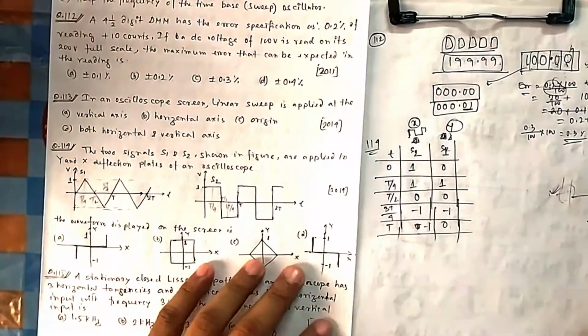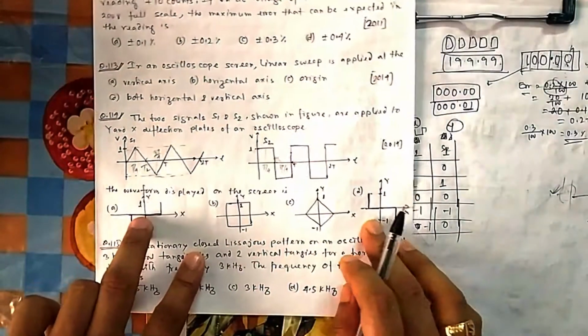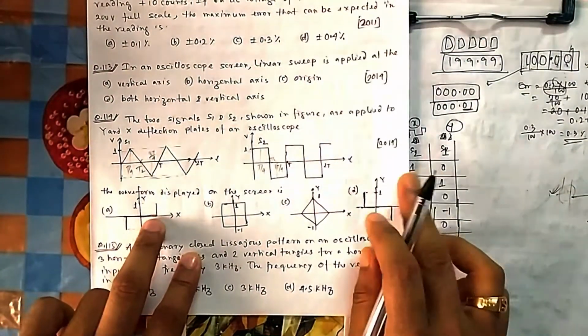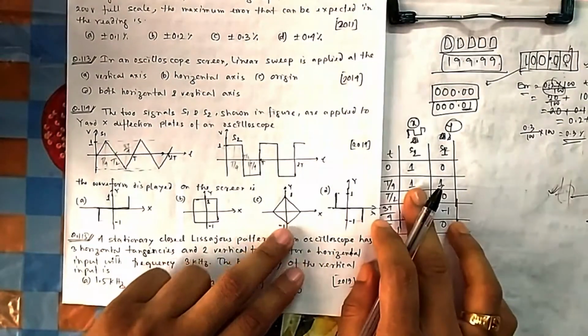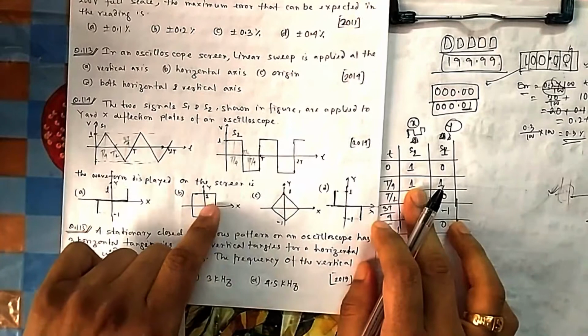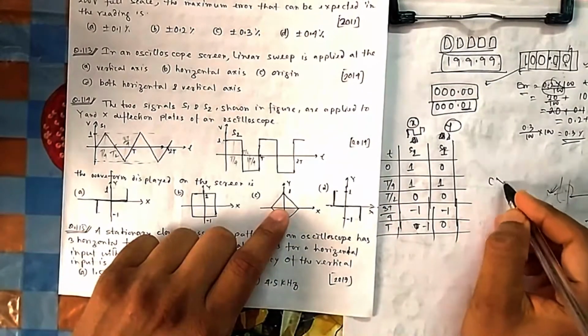So now you plot, see which one is satisfying. 1 0, there should be a point 1 0. 1 0 is there, 1 0 is everywhere. Then 1 1, 1 1 is there, 1 1 is there, 1 1 is not there. So C will not be the answer.